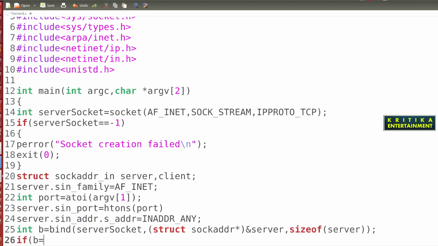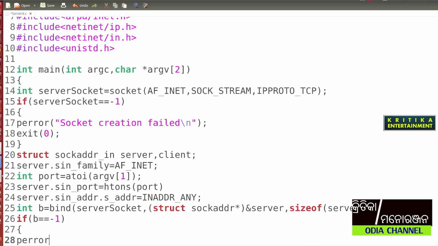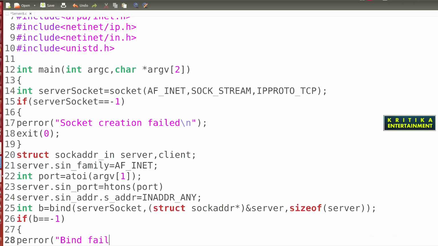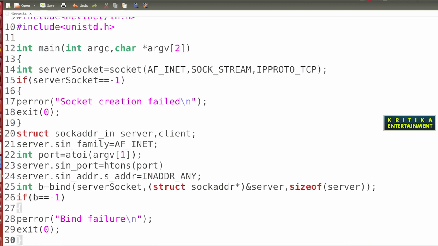If b equals -1, then perror bind failure. After bind failure, I need my program to close there, and it will not go forward.